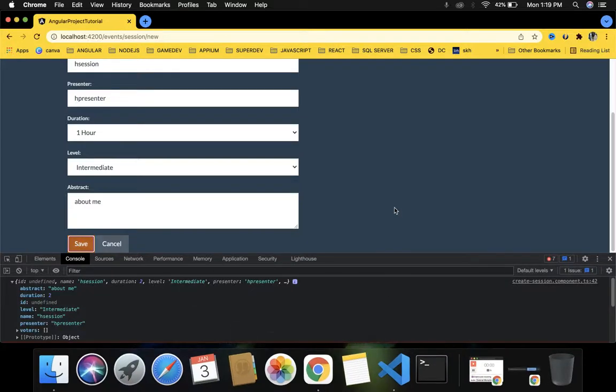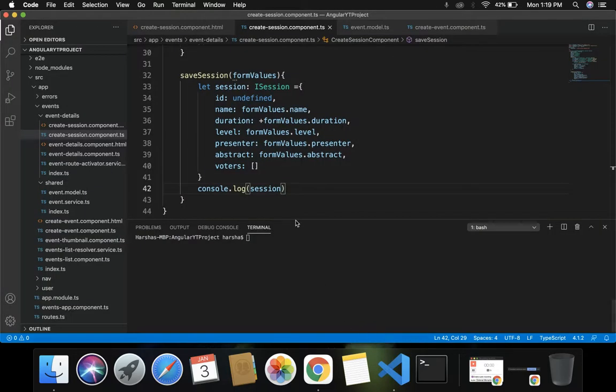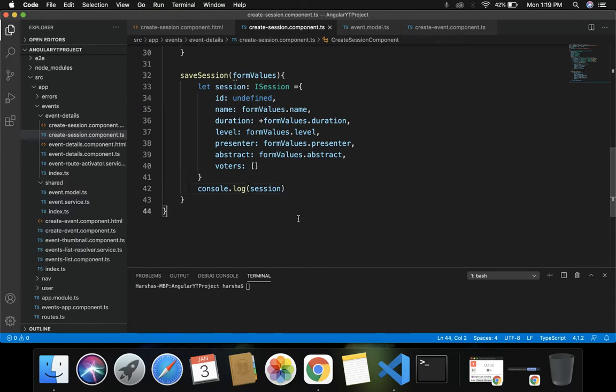So in our previous session, we have seen how we can create a new session object by binding it to the HTML template. In this video, let's see how we can add error messages and validations for that form. That is the create session form. Let's open